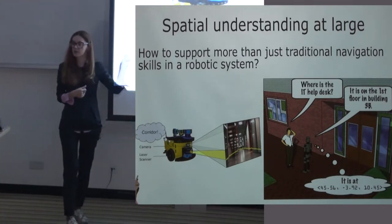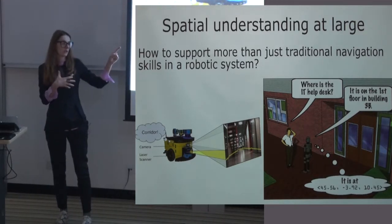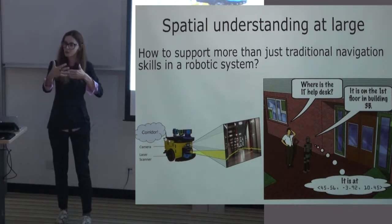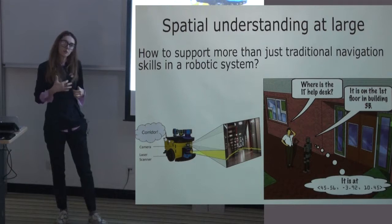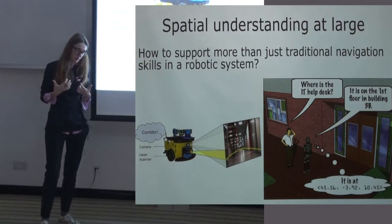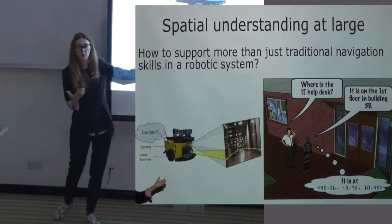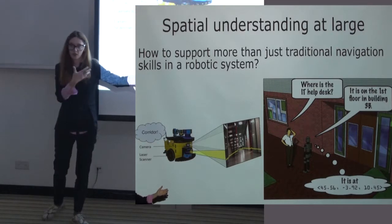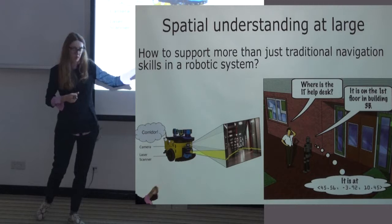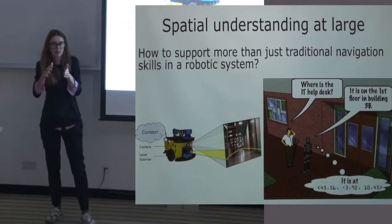trying to understand how to represent what the robot measures in such a way that it can be naturally conveyed to humans, even if they don't measure the things in the right way, but also going one step forward. And this is using the things that robots can do and that humans can do, such as, for example, measuring just the distance, right? Because we humans cannot do that if we are not using a special sensor or something like that to do that. Basically use a robot as something that